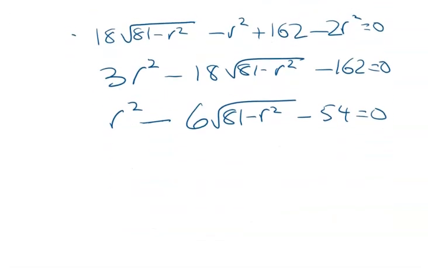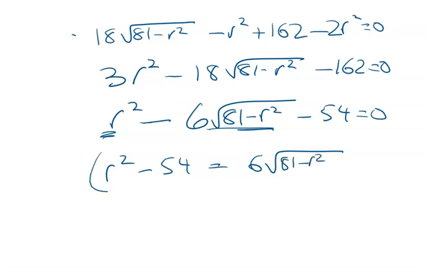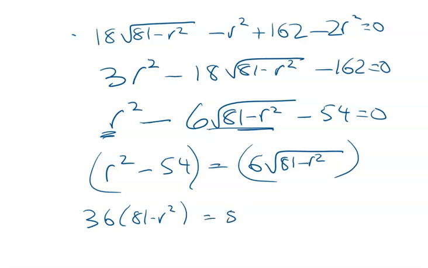Gross. Now the best thing to do here is I'm not going to do a u substitution. I'm going to square both sides. I get r squared minus 54 is equal to 6 root 81 minus r squared. Squaring both sides gives me, oh, I'm running out of time. There we are. And from there you'll get to the